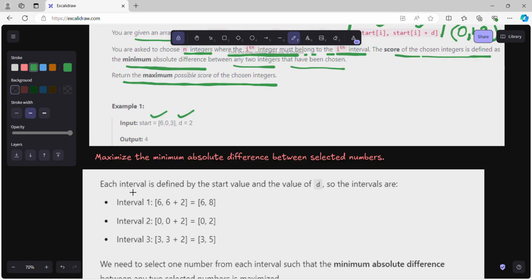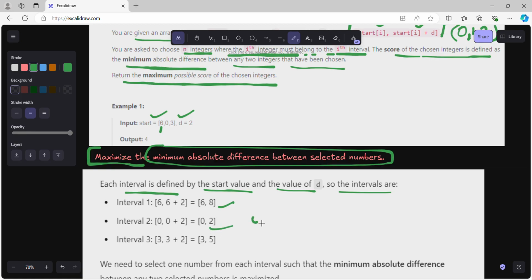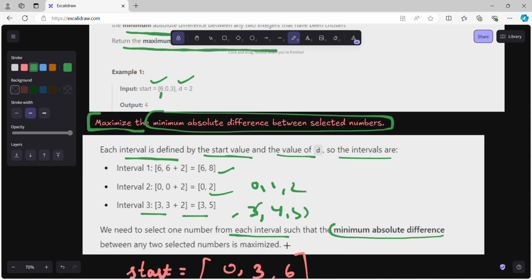So let's understand this with an example. This is our goal. We have to maximize the minimum absolute difference between selected numbers. First, each interval is defined by the start value and the value of d. So the intervals are: interval 1, 6, range 6 to 8, any number from 6 to 8. Interval 2, 0 plus 2, so any number from 0 to 2. Interval 3, any number from 3 to 5. So we need to select one number from each interval such that the minimum absolute difference between any two